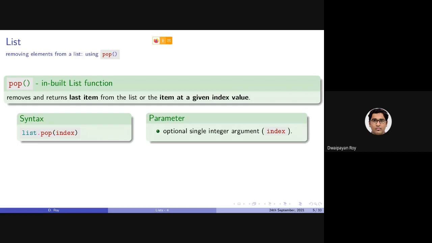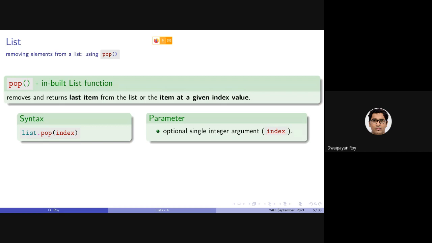Now, those of you who already have some knowledge about stack know that a stack is last in, first out. So the last item inserted will be deleted first.